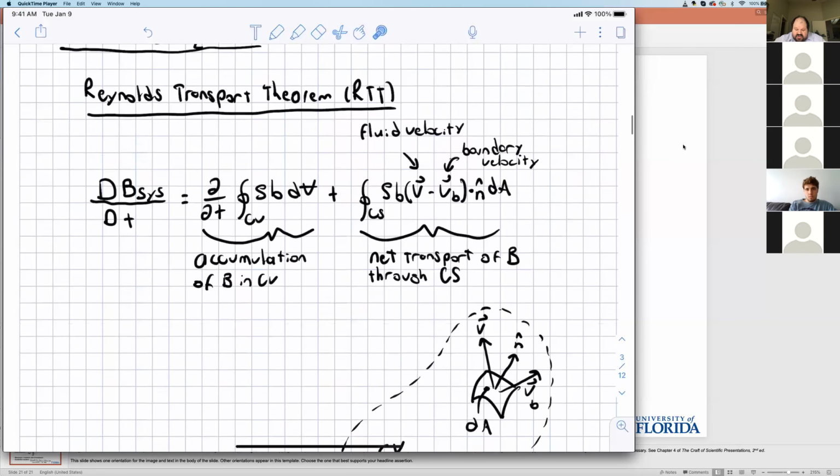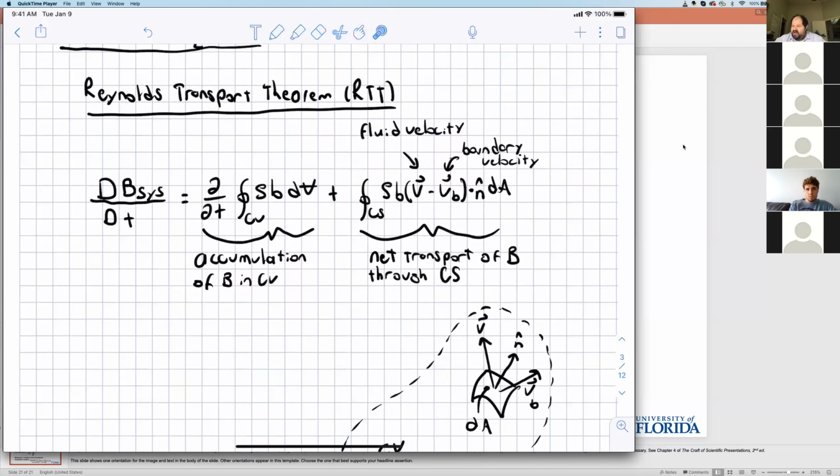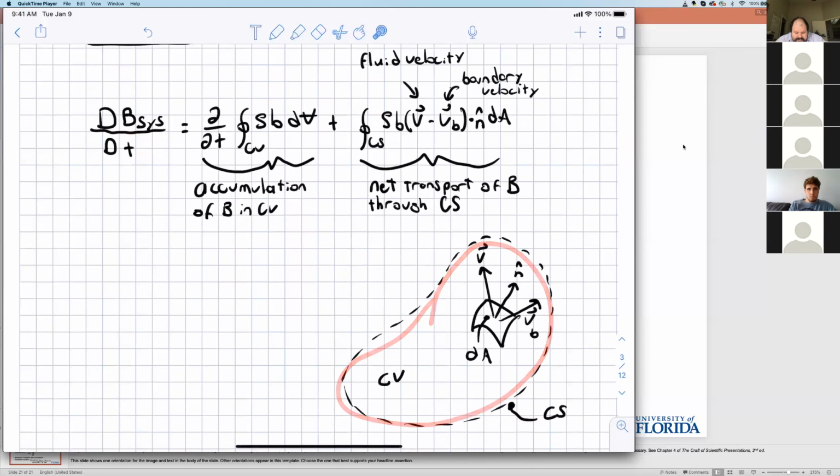So I'm going to use the Reynolds transport theorem approach to deriving them because it's super fast, very elegant, and independent of the coordinate system that you are in. Recall the Reynolds transport theorem that you've had in fluid mechanics, at either the undergraduate or graduate level. It states that the time rate of change of an extensive quantity B in your system, if you're following your control volume or object around in space, is equal to partial t of the volume integral of rho B dV plus the surface integral of rho B (V minus V_B) dot n hat dA,